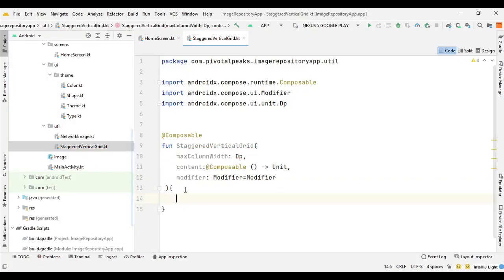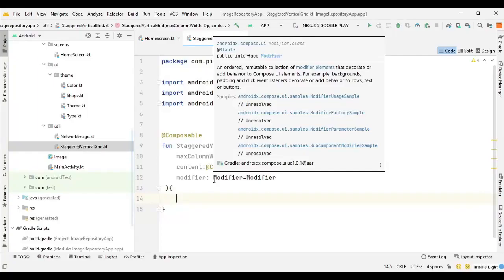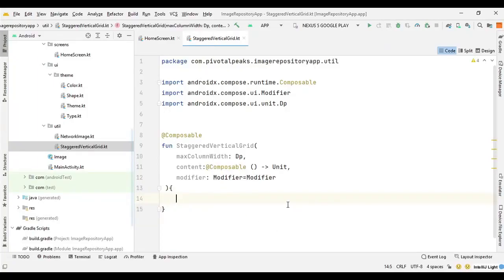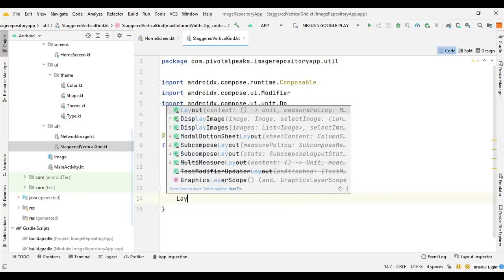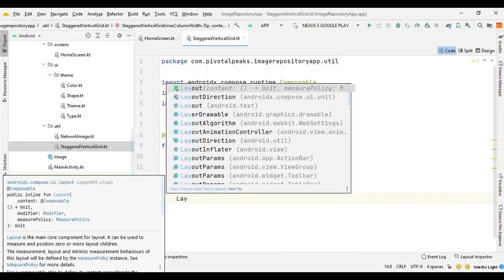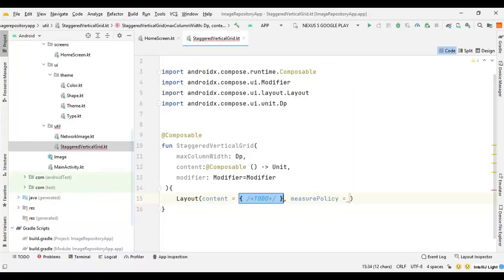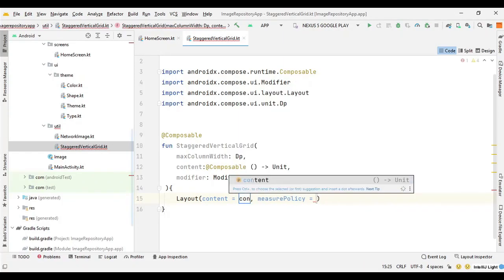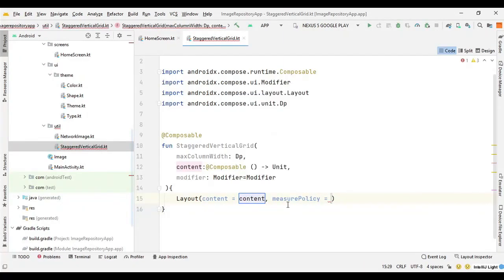Then we need a layout function which is used to measure and then position multiple layout children. So we can say layout, and for content we can set the content we just created. So we can set it to make content, and we don't need the measure policy, so we can remove this.